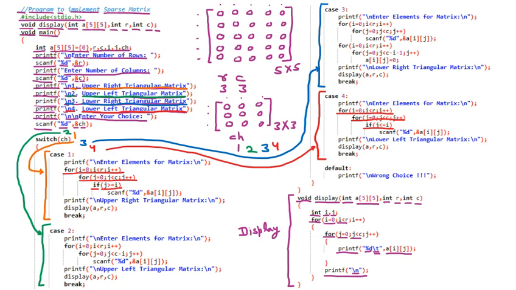But let us suppose that somebody has entered the wrong choice. Suppose we have entered choice 5, which is not there, or 5, 6, 7 or something. So if 5 is entered, then the switch case is going to go to the default case. The default case means any case except cases 1, 2, 3 and 4, because cases 1, 2, 3 and 4 are the part where we have done the coding. Otherwise the default case will run, and it will say wrong choice. So this is the program of sparse matrices.